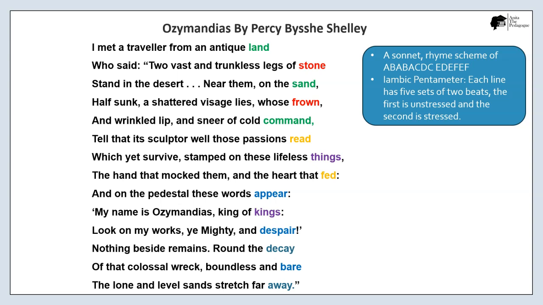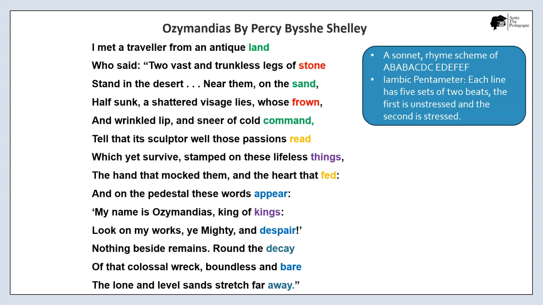it has a regular pattern in that it has end rhymes, and the end rhymes give us a rhyme scheme of AB, AB, AC, DC, ED, EF, EF. Even though the end rhymes for line 2 and line 4, that is tone and frown, do not really rhyme well, we will still consider them as rhymes because of how regular the rest of the end rhymes are perfect. Again, this poem is written in iambic pentameter, so